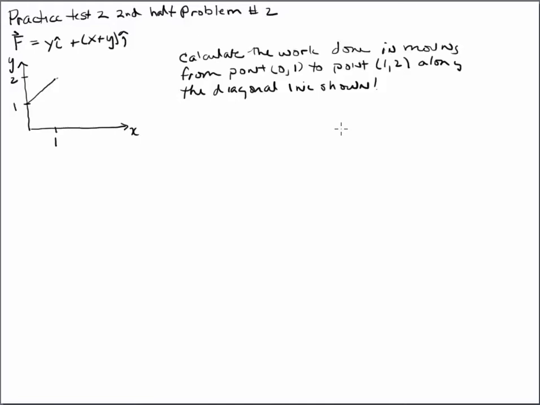Okay, we're going to be looking at practice test 2, second half, problem number 2. We're given a force and we're given that it's equal to y i hat plus (x plus y) j hat. We draw a diagram of the line along which we want to evaluate the work. So we're asked to calculate the work done in moving from point 0, 1, shown right here,